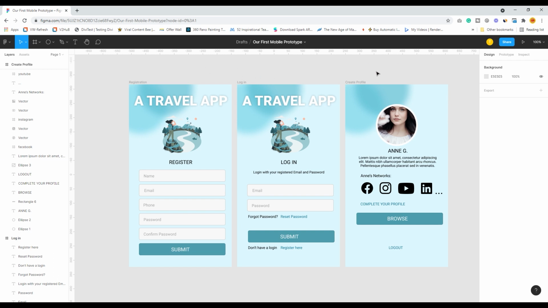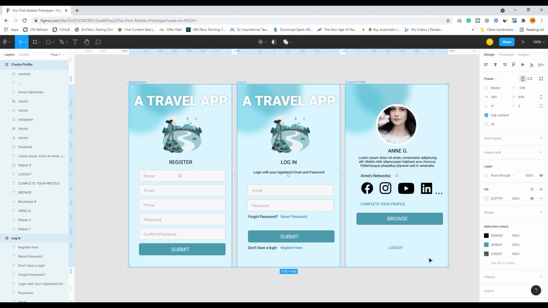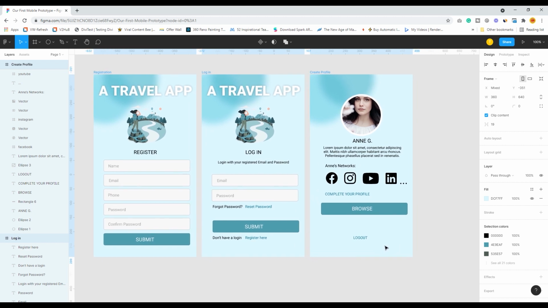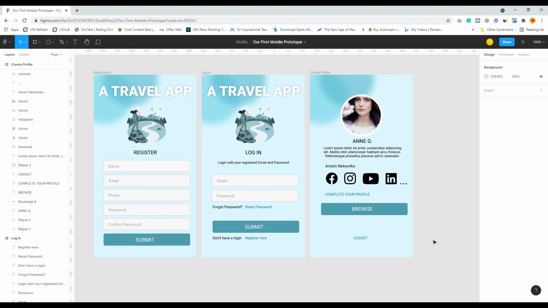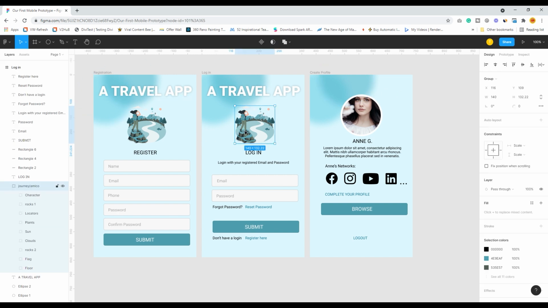So this is a very important aspect that we have. Just see the speed at which we can create so many screens in Figma. So I am not too happy with this image, because even the client was telling that we should change this image.